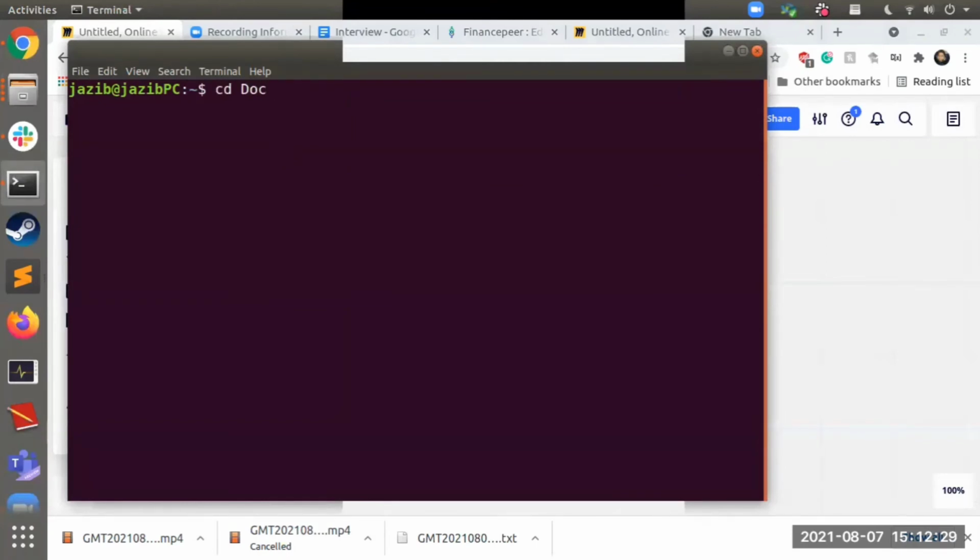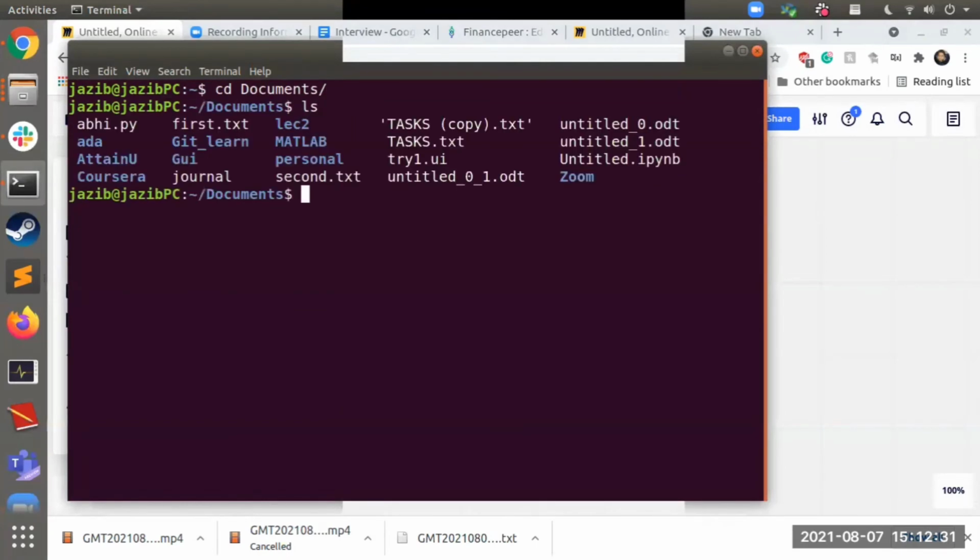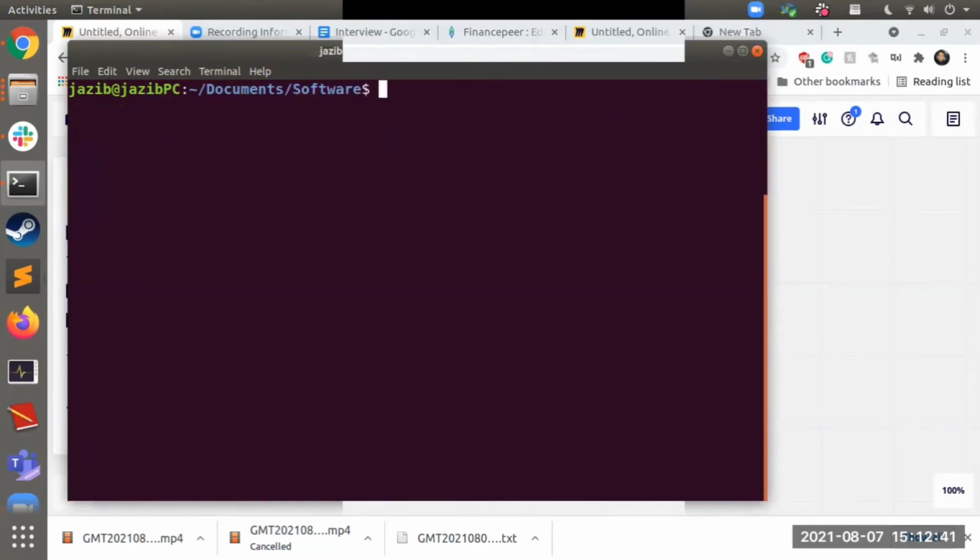Let's say I go into the folder documents and make a folder called my software, and inside the software folder I'll maintain all the code. Right now, how many files are there? There are none. What is the command to see the hidden files? ls -a. This means list all the files. Press enter. There are only 2 hidden files, and these are system files of Linux.